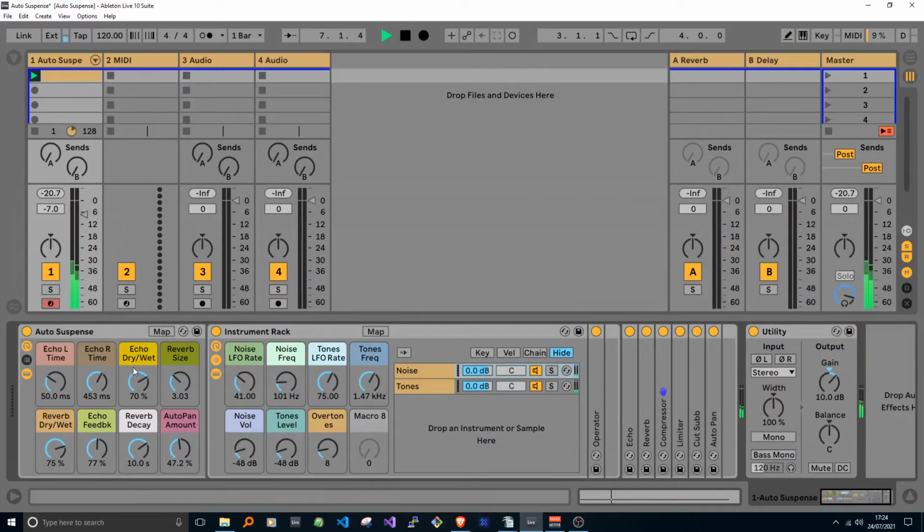And we've got a few parameters we can move around. It basically consists of noise and tones. And we've got a few parameters. They haven't been terribly well organised here, but